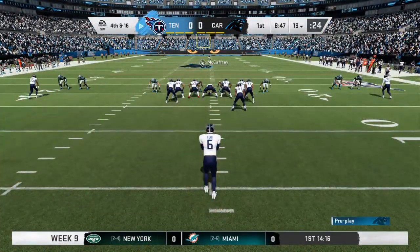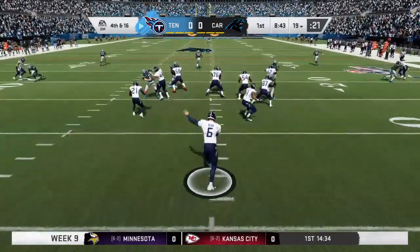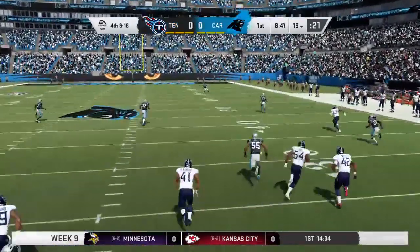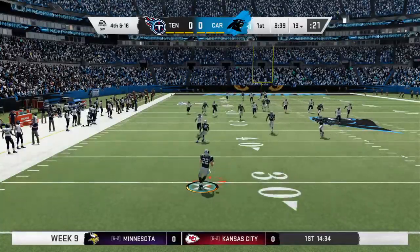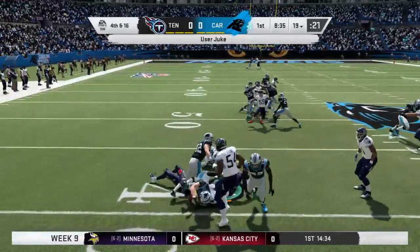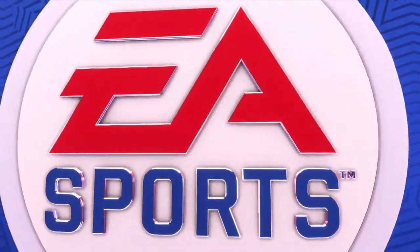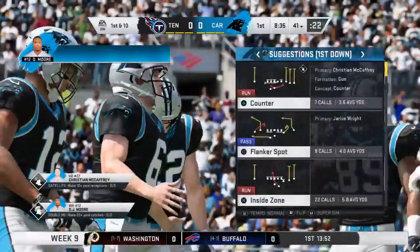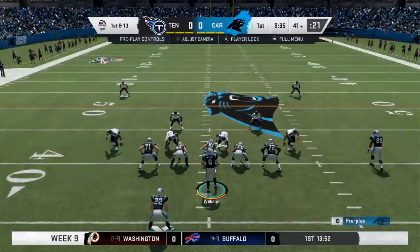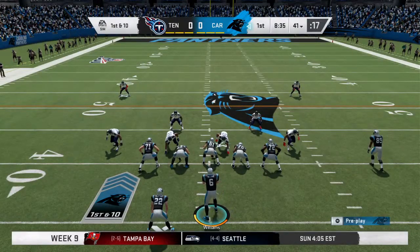There's an example of good situational football being played by a defense. They understood where the 3rd down play was, the down and distance, and made sure that they didn't get anywhere near that, bringing up 4th down. Yeah, they were sniffing out that marker, didn't want to let him get close to there, and now a likely 3 and out to start. Yeah, I love the way they rallied to the football, got to him, and made sure they didn't give up much run after catch. Good starting position for the Panthers as they come up 1st and 10 at the 41-yard